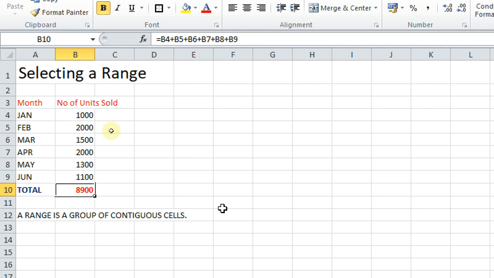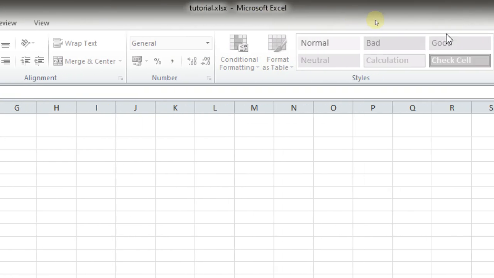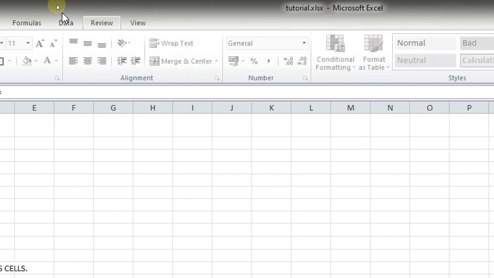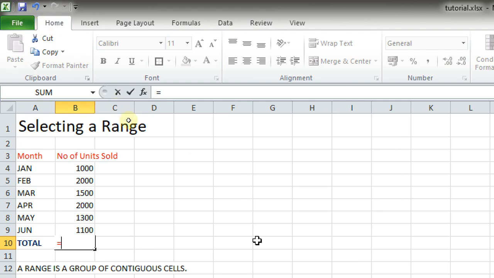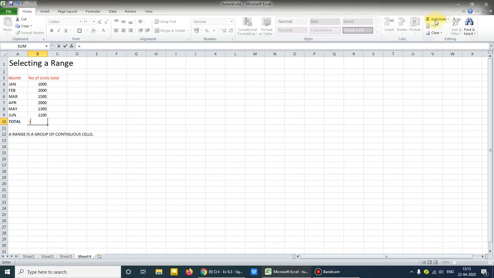So if I want to get the same result, to add these numbers by using a range, how to do it? We can use functions. I'm deleting this. If I put is equal to sign, can you see this sign?